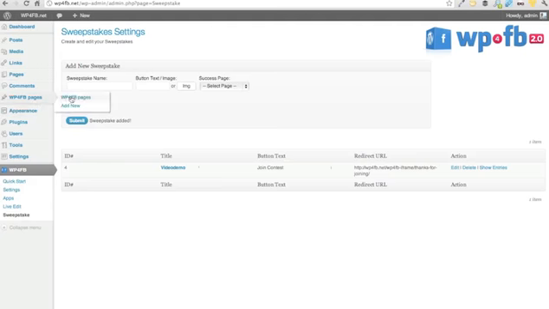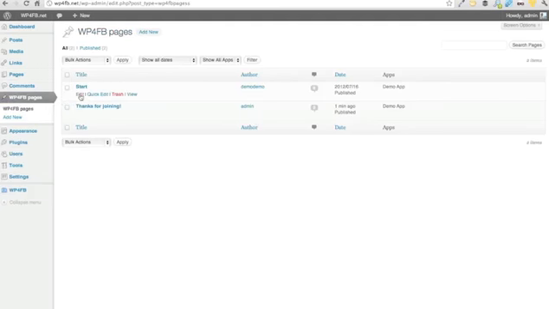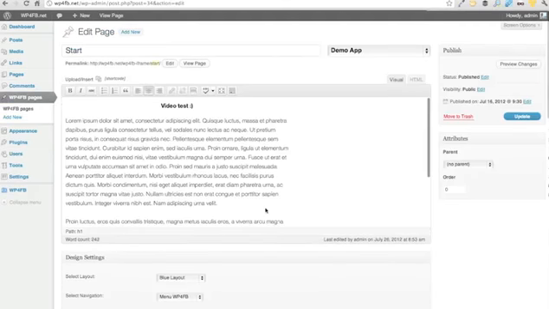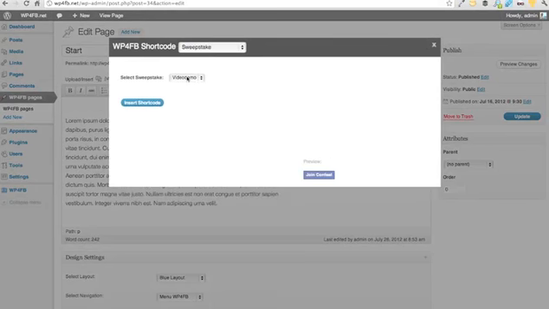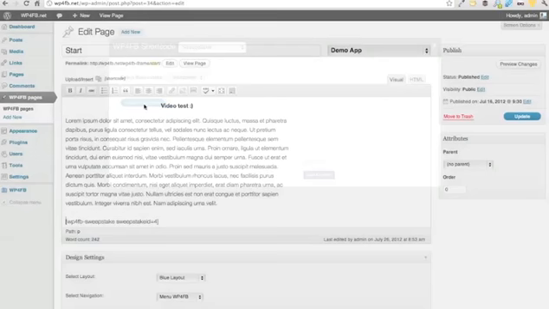I'm going back to my WordPress for Facebook pages, and I'm going to my first page in this case, and I'm going to go to shortcodes and click on the sweepstake, not the sweepstake entries, but the sweepstake. And then I'm going to select the right sweepstake that I want to implement and hit insert shortcode, hit update,